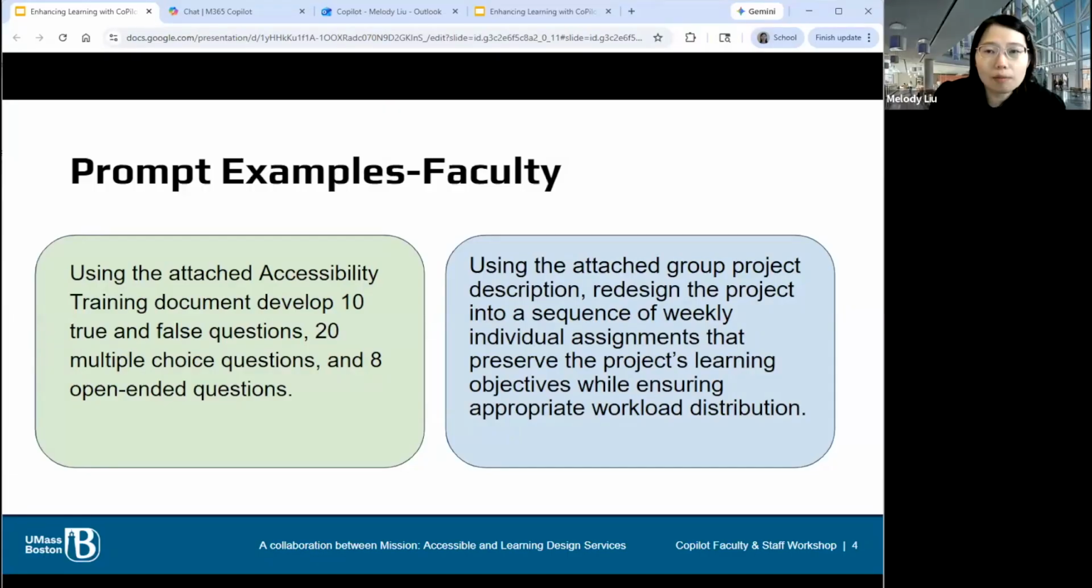So this includes two awesome prompt examples. The first one is focused on when we develop the training contents for the accessibility training. We use Copilot to help us develop very nice question sets. So I use these prompts to attach the accessibility training document to have the Copilot give me a